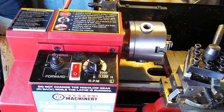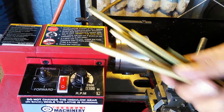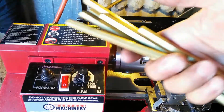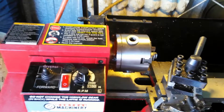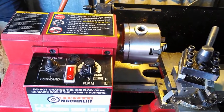So what I do normally with this stock is I've cut it down into a bunch of pieces, and then I do the first operation on each piece of stock on each end of the stock, and then I run it through, I cut it off, and then I do the rest of the operations on the other end of the stock. And I always repeat the same operation on each phase of